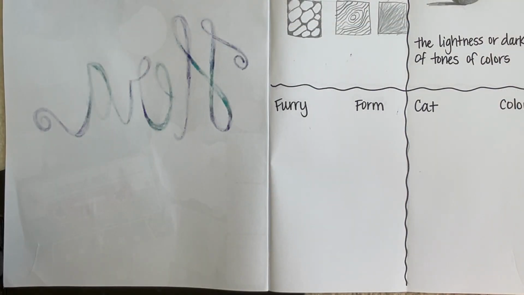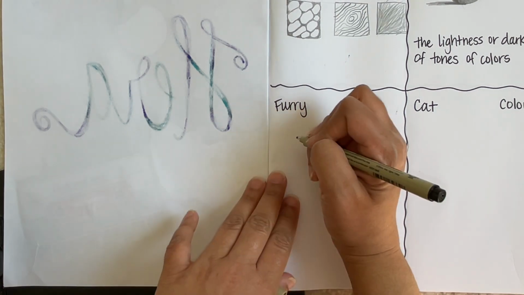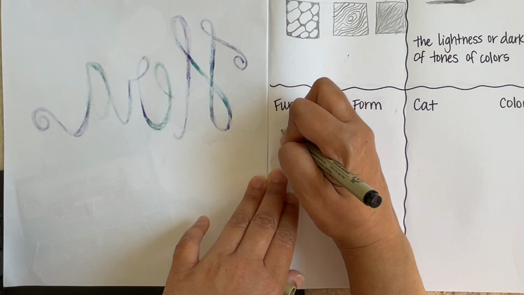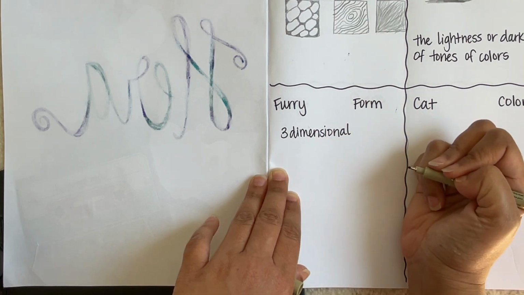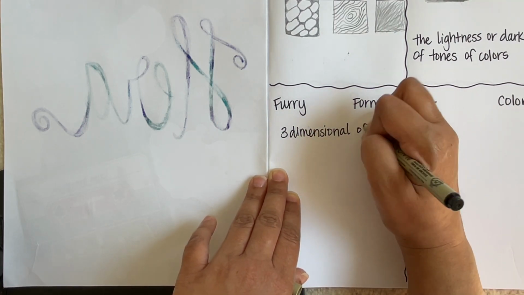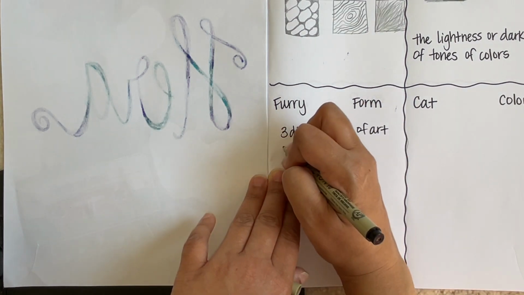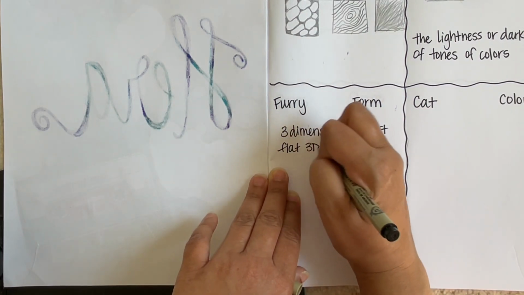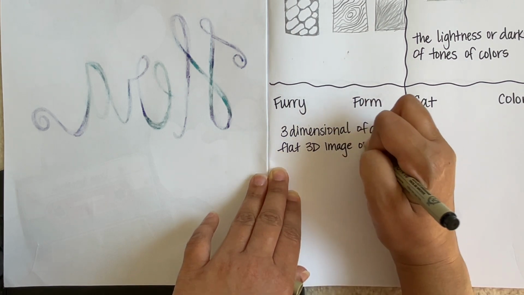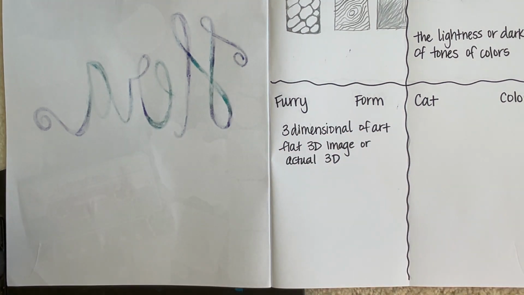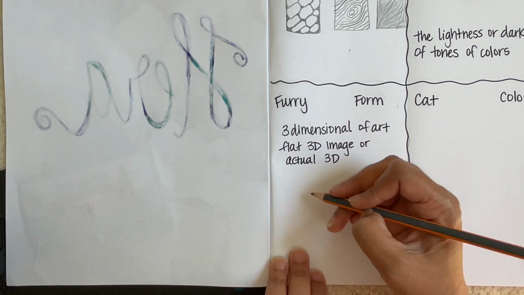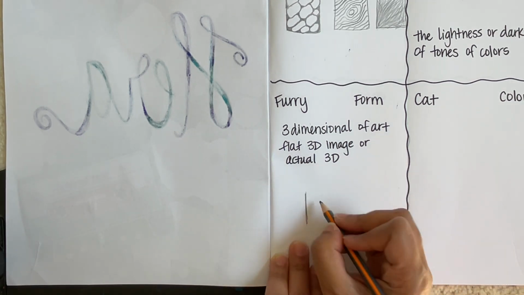Next is form, which is really the three-dimensional element of art, and it can be a flat 3D image or actual 3D. So if someone turned in a sculpture, that has form automatically, but if someone drew something and added value to it, it has form as well. So